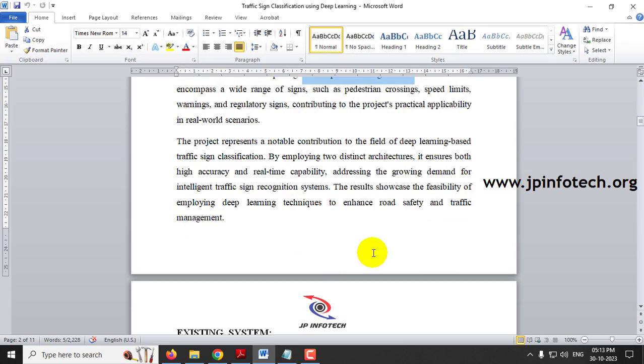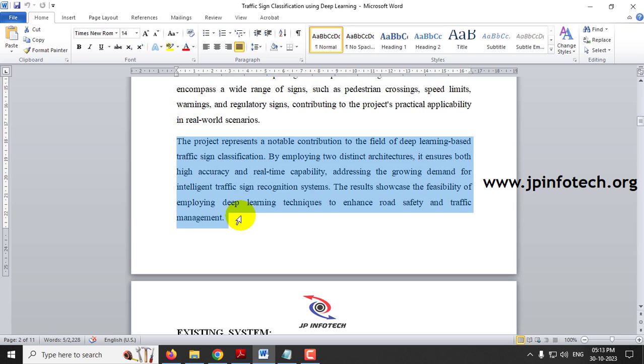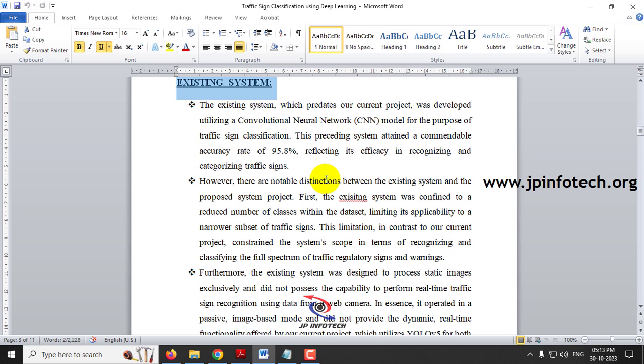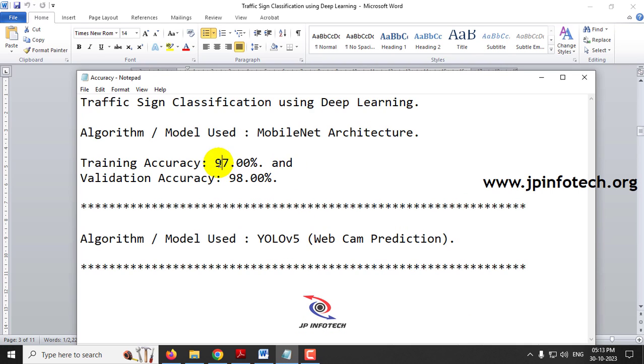Now coming back to the abstract document, here you can see the summary of the abstract, and coming to the existing system, we are considering the base paper as the existing system. In the base paper, they have used CNN, convolutional neural network, and they have mentioned that they achieved an accuracy of 95.8%, but we have achieved an accuracy of 97% in training and 98% in validation.